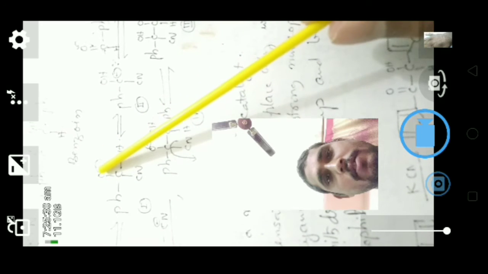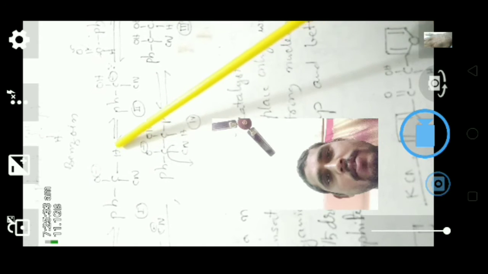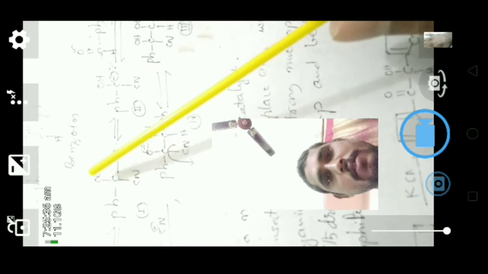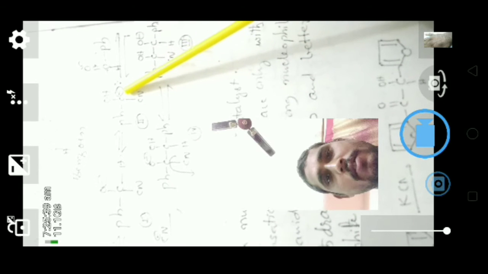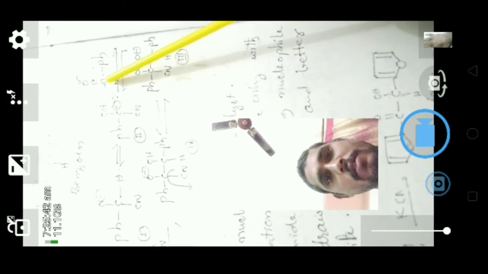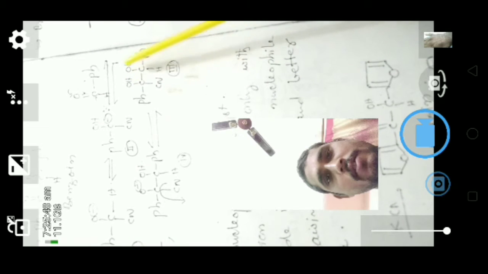In this alkoxide ion, the hydride shift, that is proton shifting, takes place from this carbon to this oxygen. Then we get a carbanion. Now this carbanion can attack another molecule of benzaldehyde to give a hydroxy alkoxide ion, and here also proton shifting takes place from this oxygen to this oxygen and we get an alkoxide ion. By losing cyanide ion, this oxide ion can form the keto functional group, giving benzoin.